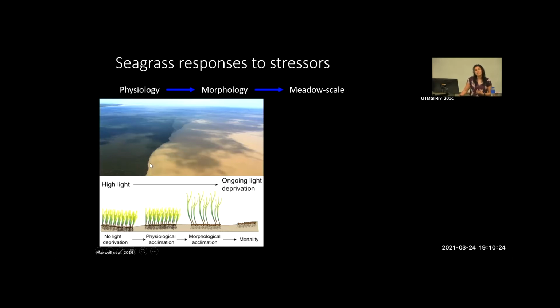When conditions start to get less ideal, and light starts to decrease, we might see changes in their biochemical components, such as carbon, nitrogen, and phosphorus. Then again, we might lead into those differences in morphology. So that could be that they end up losing and shortening their leaves. They decrease in their number of leaves per shoot. Maybe they grow taller, maybe they grow wider. And then over time, if those light requirements are not met and light continues to decrease, we might ultimately see mortality and decline